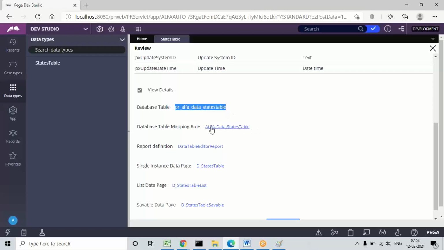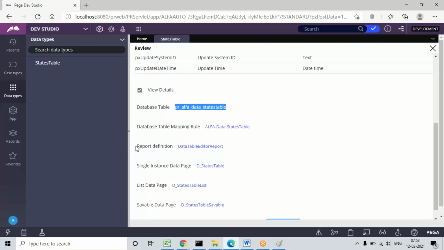See, this is just a mapping name. If you want to use the table in the application, if you want to view the table or see the data in the application, this is the name for the mapping. But the actual table name in the rule base is PR_alpha_data_stage table. This is the backend name actually, and here the actual table structure will be configured.